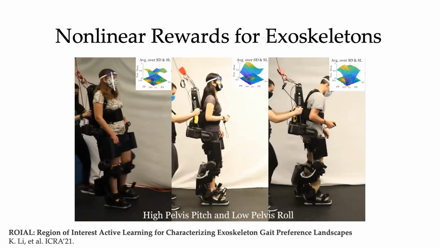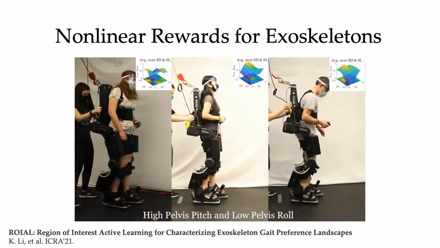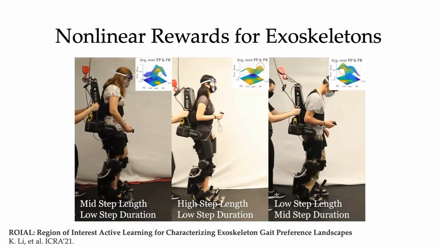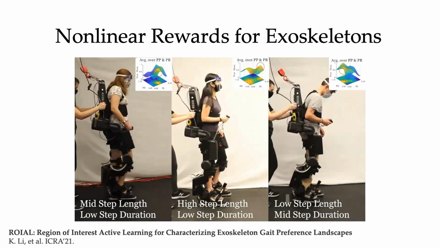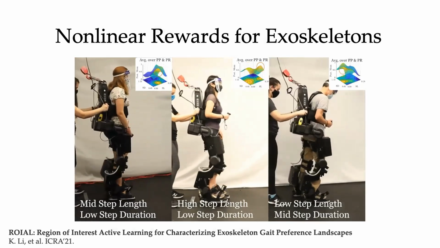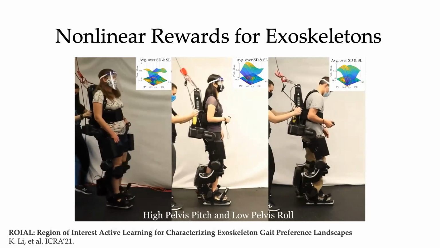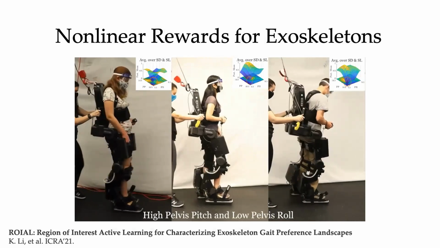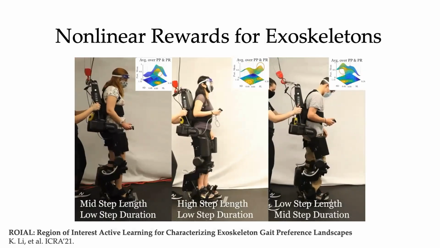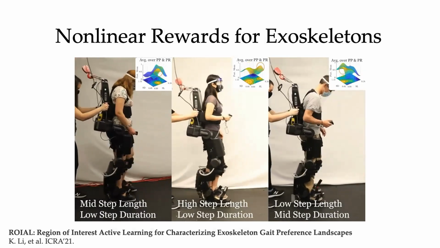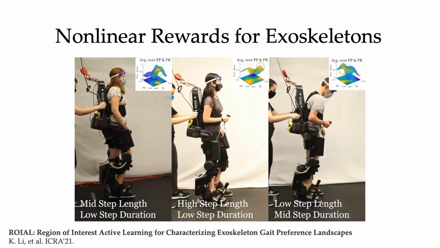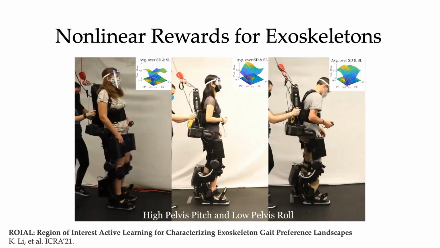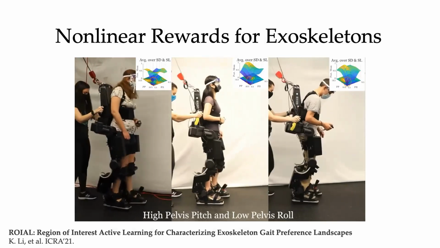And one of the settings that we actually looked at is a setting where you're wearing an exoskeleton and you're trying to learn human preferences, like human walking preferences when they're wearing these exoskeletons. So this was in collaboration with folks at Caltech. And usually people wear these exoskeletons in rehab, when they're trying to learn how to walk again. And different people have different gait preferences. So what you'd like to do is query people to figure out what those gait preferences are,